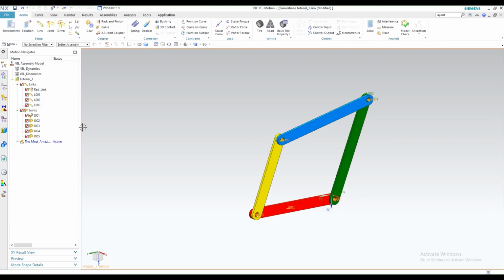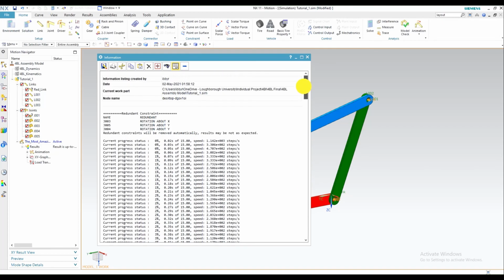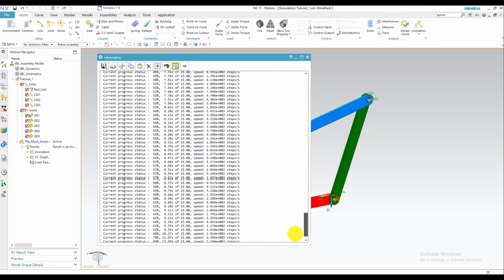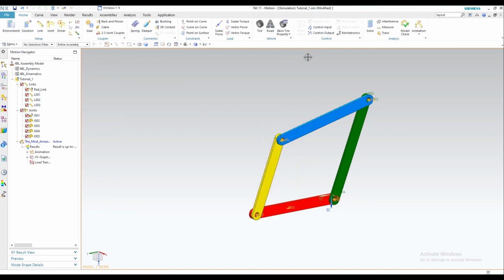But we're not quite finished there just yet. If I click solve right now, that took about 2 seconds, but I can pretty much make it instantaneous for this mechanism because it's quite simple. You can see that there's loads of these progress statuses, but what we can actually do is, because this is not the correct solver I'm using,